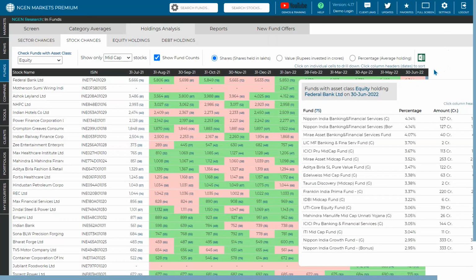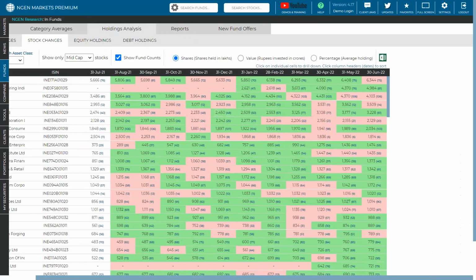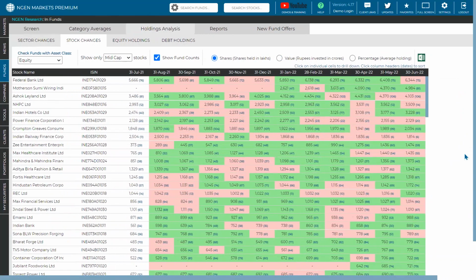It's very insightful information when you're looking towards one singular equity. And it is also useful if you want to look at the trend for that equity. As you can see, Indian Railway Finance Corp is having too much of a drawdown on the basis of the number of shares held in lakhs. It has been reduced a lot. And you can also see the number of funds that have actually exited.